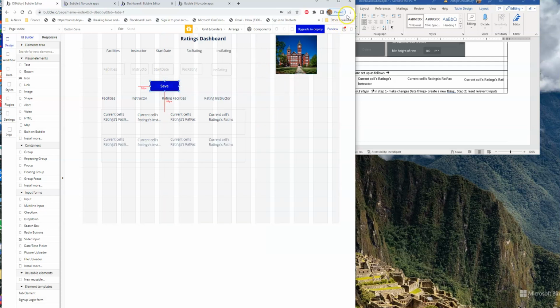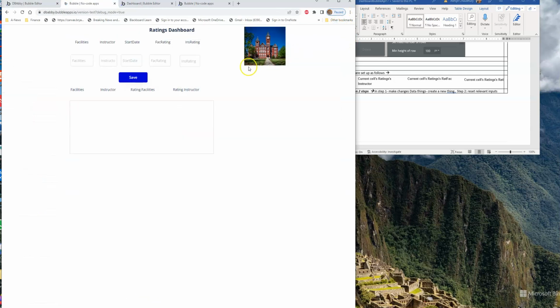And now I can go and do preview. So I do F1, I do I1, start date, let me make 04/04/2023, facility rating 4 is rating 4. I do save,